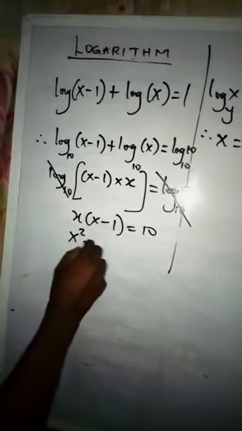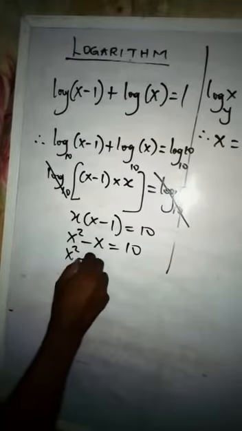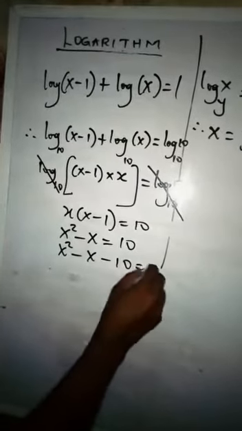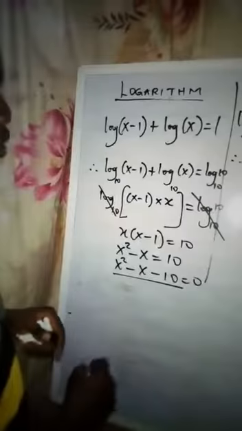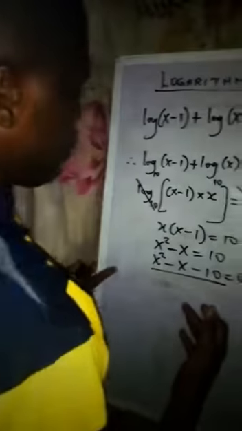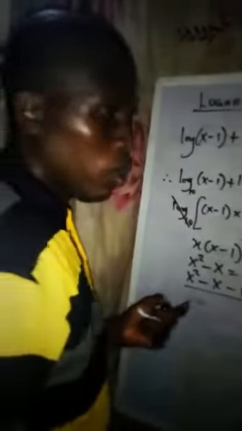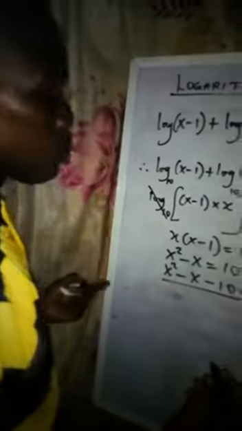So x squared minus x is equal to 10. x squared minus x minus 10 equal to 0. Now we have a quadratic expression. For us to solve this quadratic expression, if the variables are factorizable, you apply factorization concept. But if the variables are not factorizable, you use what we call the quadratic formula,